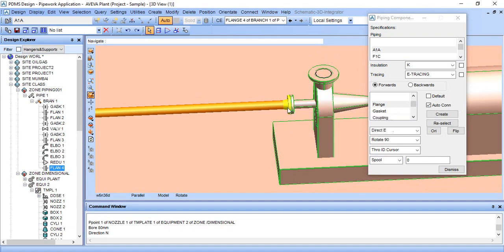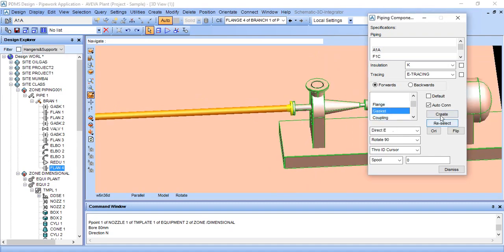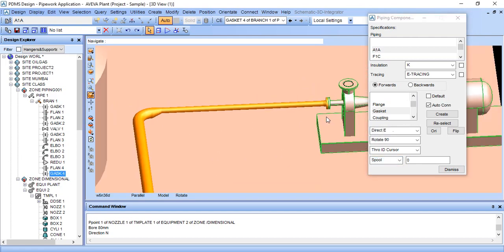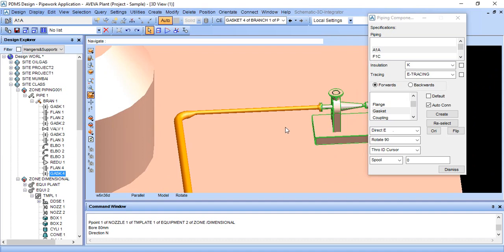So it will come up here directly, and then create a gasket and give a 3 mm spool. So it is created. You can make a single branch connection like this.